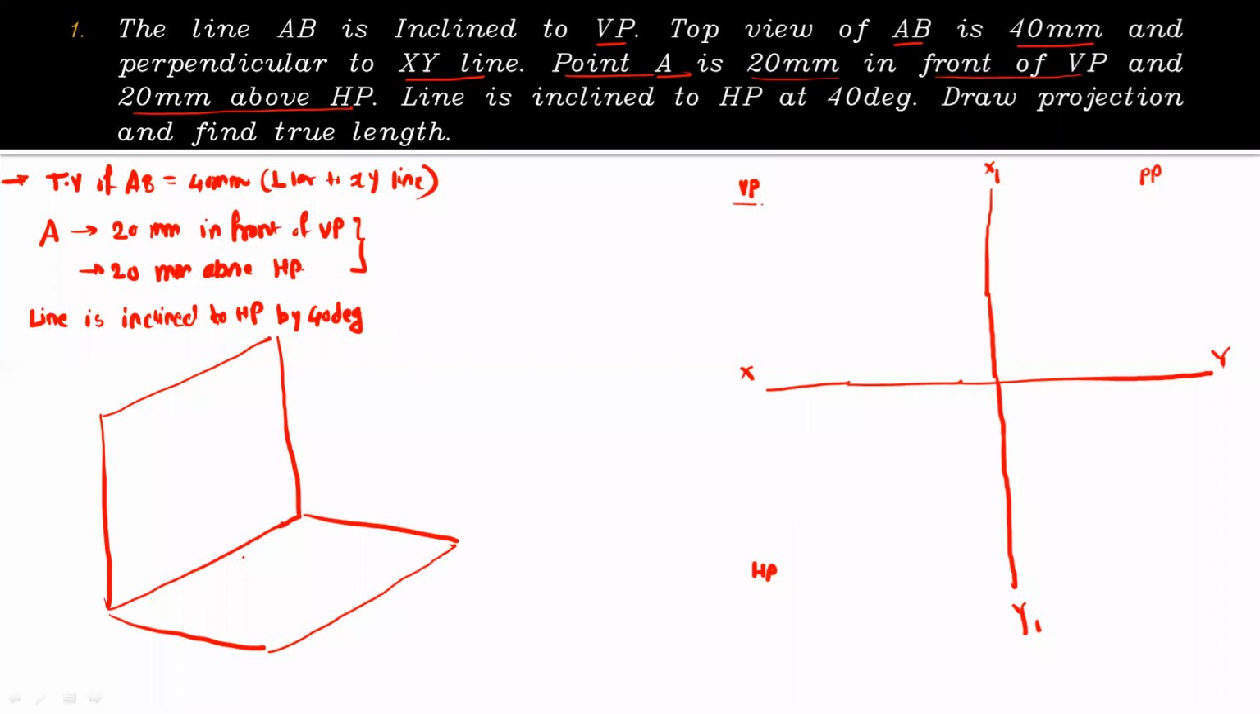The position of point A is given. So let us take this is the point A. It is in front of VP by 20 mm distance. So this is 20 mm. Above the HP by the same distance, that is 20 mm. Now line's top view is perpendicular to XY line. So this is your XY line, that is the intersection of HP and VP. So if you draw the top view,